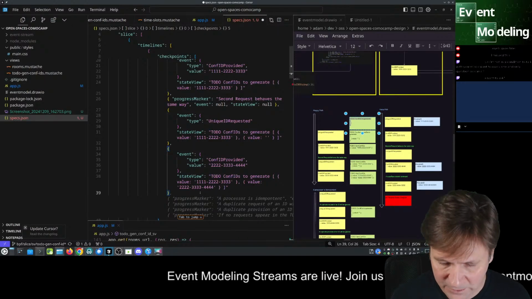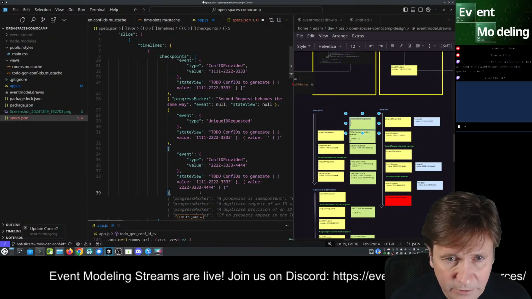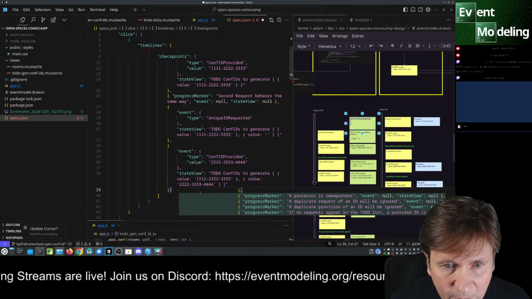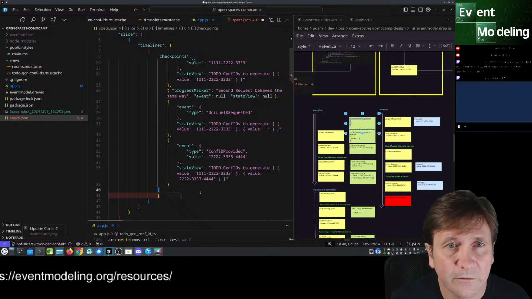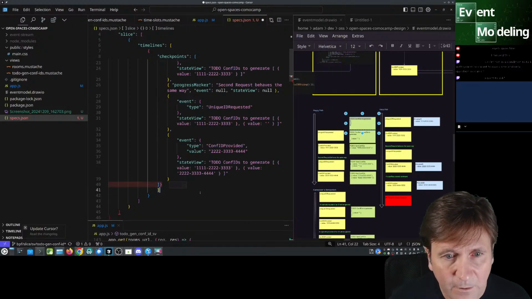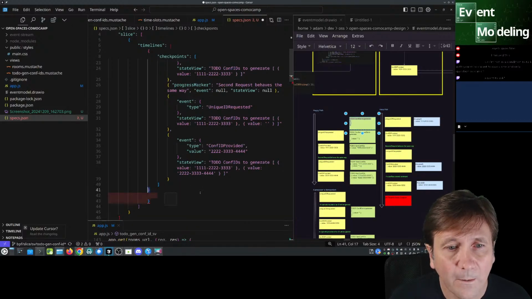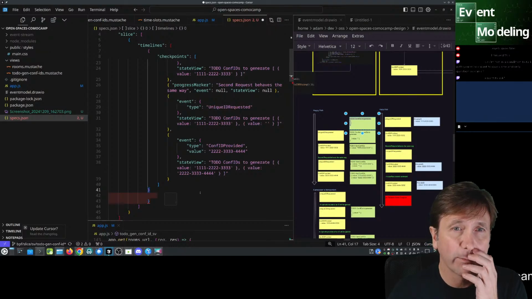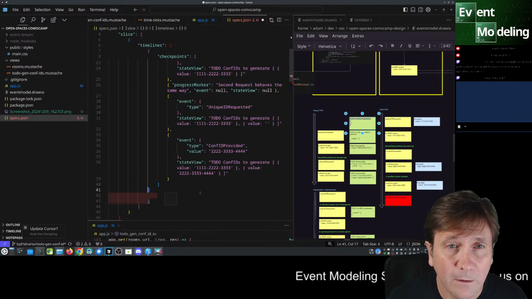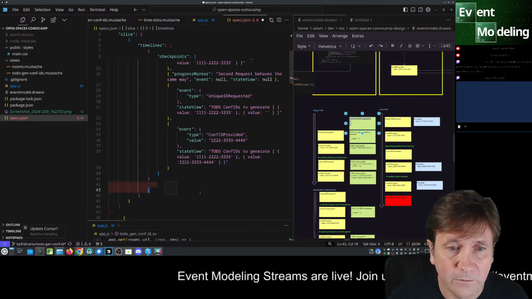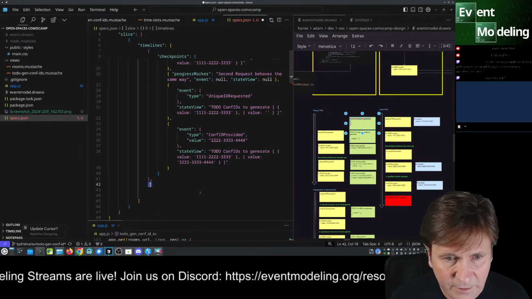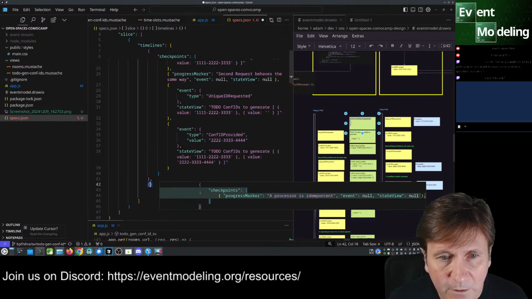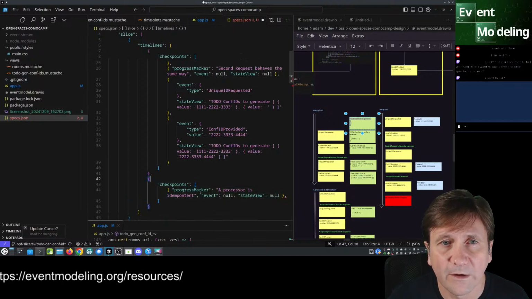So now we get rid of the checkpoints. Oops. And then we get rid of the timeline. And now we make another timeline. So, comma. And then timelines have names.